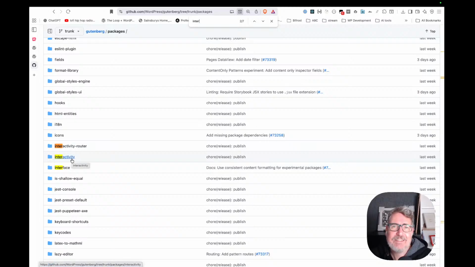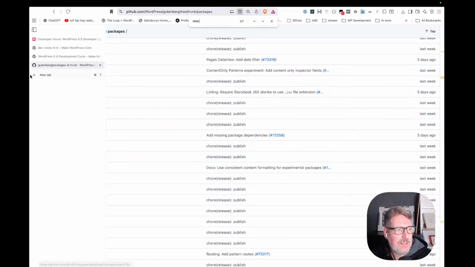One of them, the Interactivity package, is the one that manages the directives. I don't know if you are familiar with the Interactivity API, but